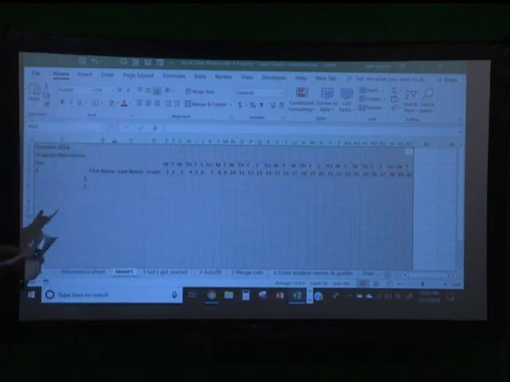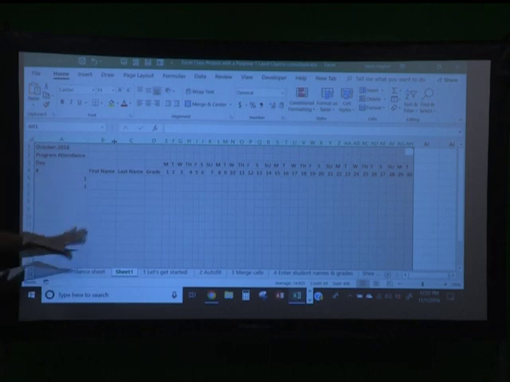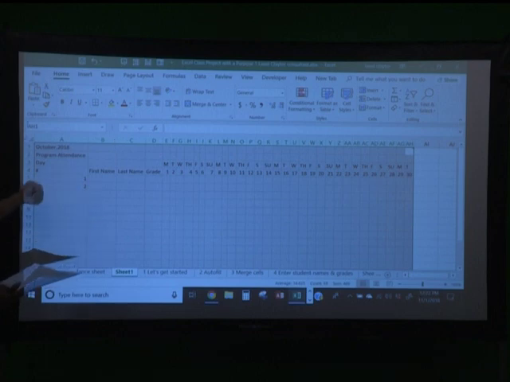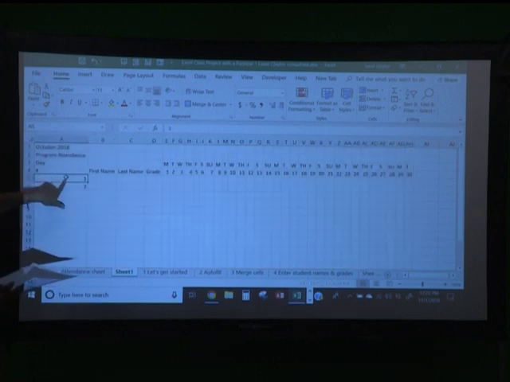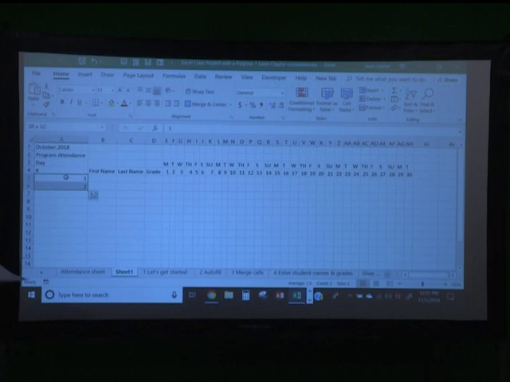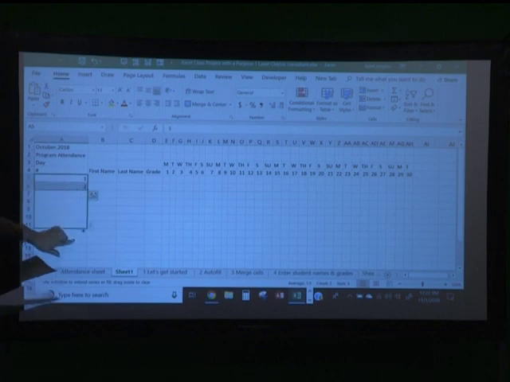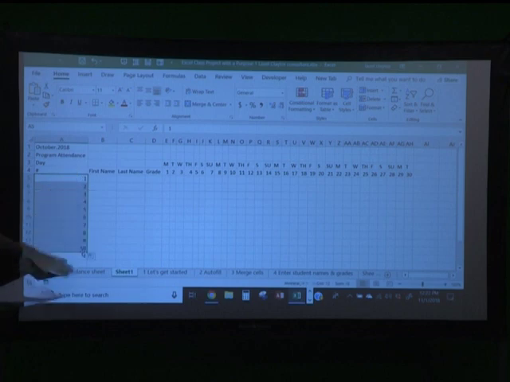Okay, so the next thing that we want to do is we have 10 students that we want to add in here. So we're going to put our numbers in. So we're going to highlight 1 and 2, just 1 and 2. And then we're going to go to our autofill, wait for the skinny plus sign, click and hold, and go slow. And see how it tells you what the numbers are? And then whenever you see the number that you want, let go of your mouse,